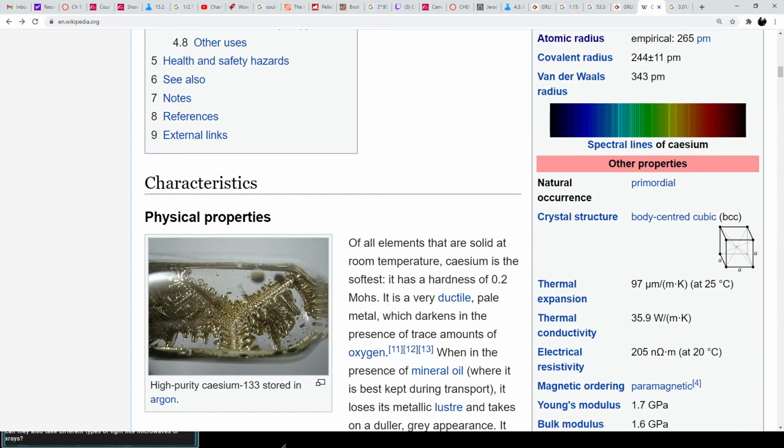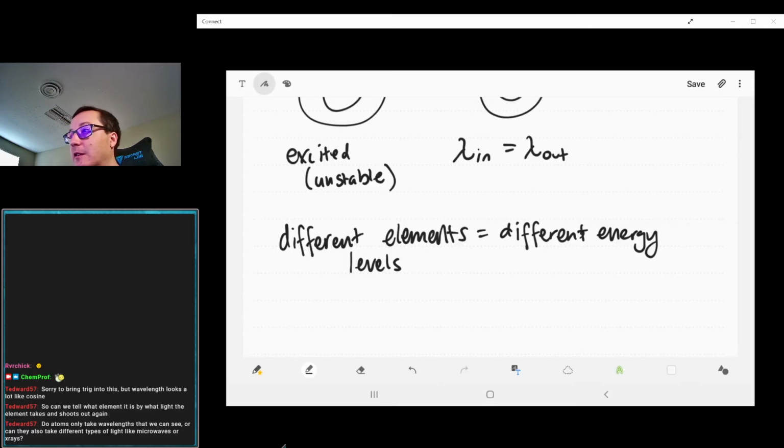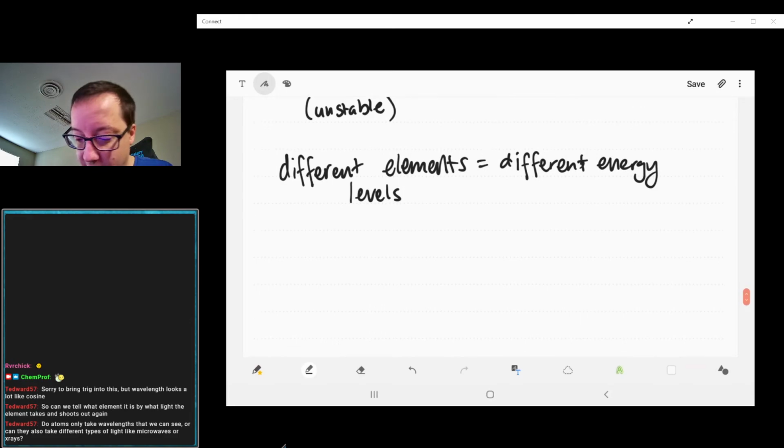So let's go ahead and get rid of this. So there's a reason we're doing all this stuff. There's theoretically no limit to how many different energy levels you have. Though at some point your electron will just be so far away from the nucleus it'll just go away, and you'll have an ion happen. Speaking of ions,